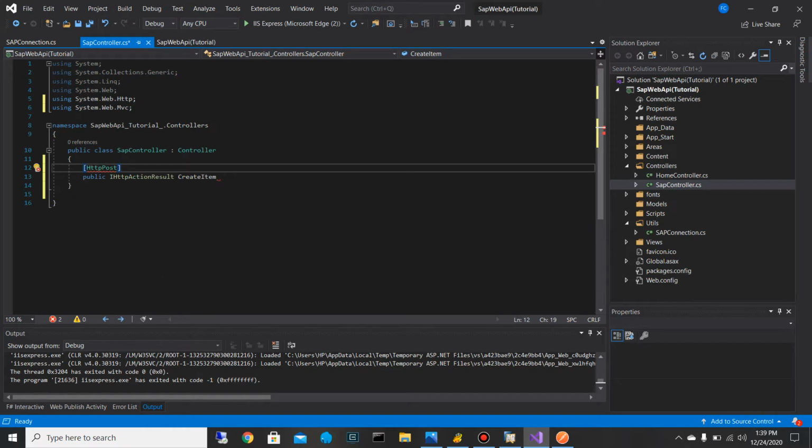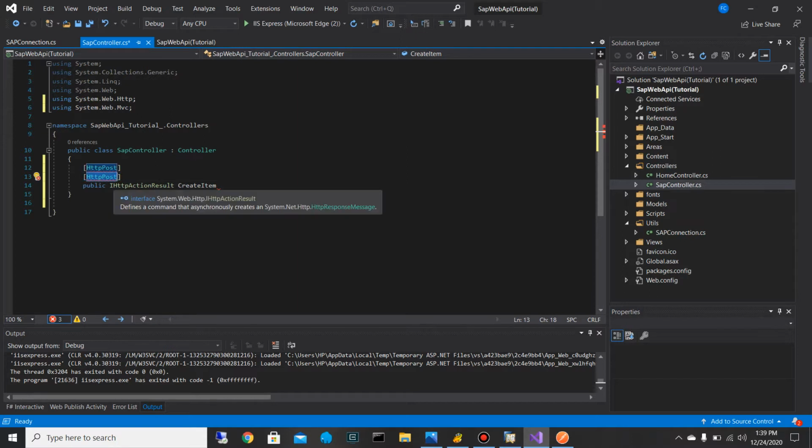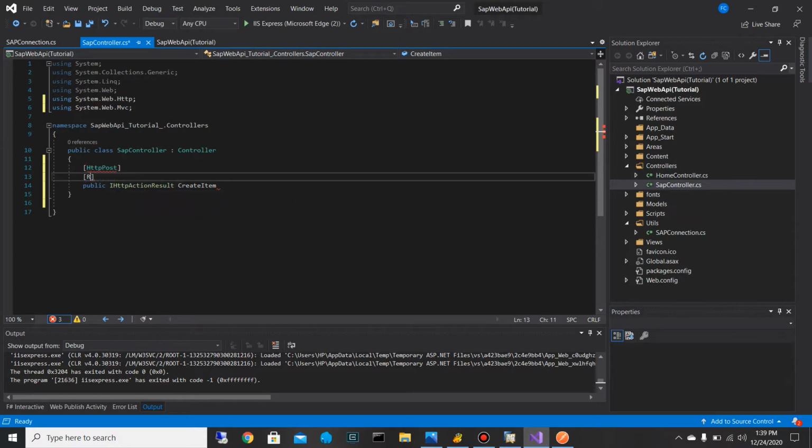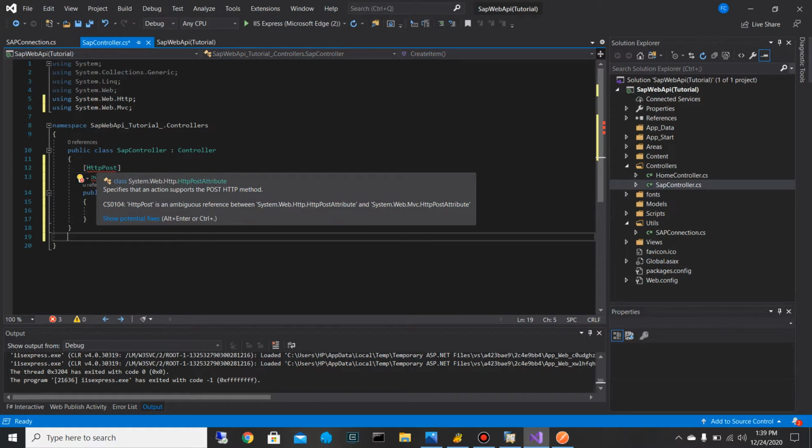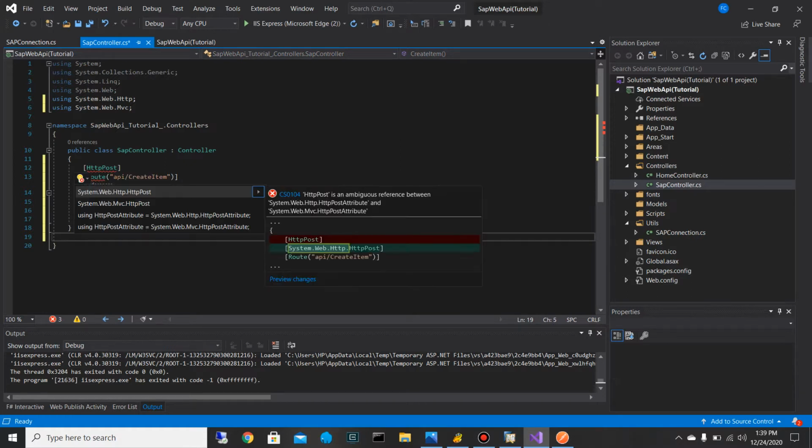Then you also indicate the route. In this case, the route is going to be our endpoint. You're going to see that in a moment. So here we can just put api slash create item. Cool. So once we have these,